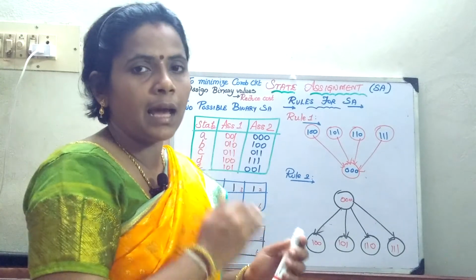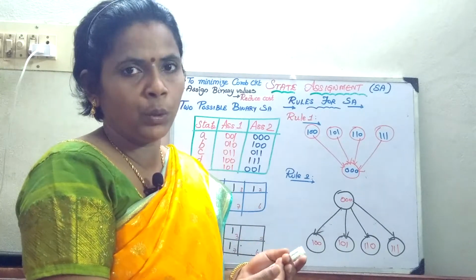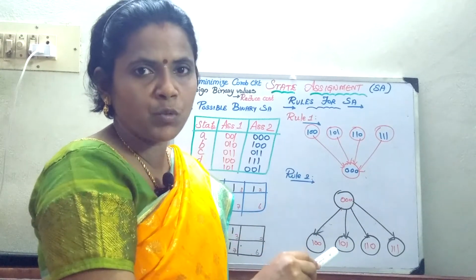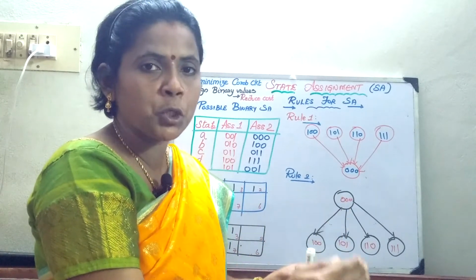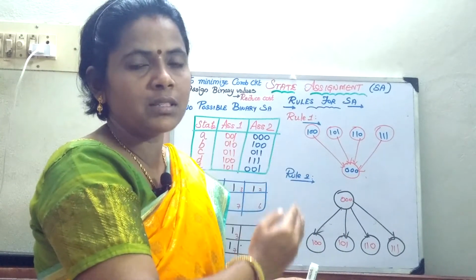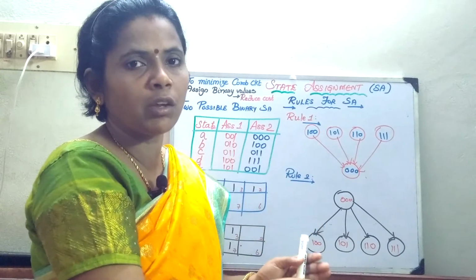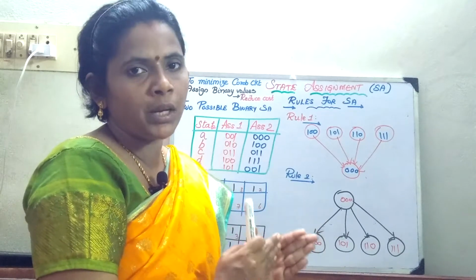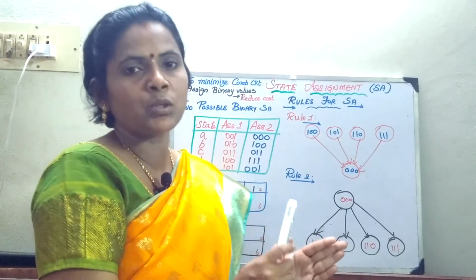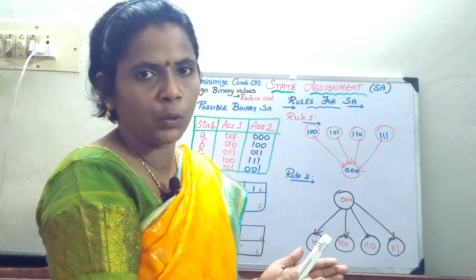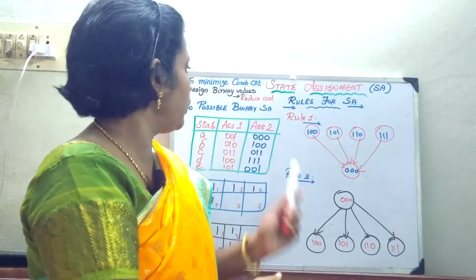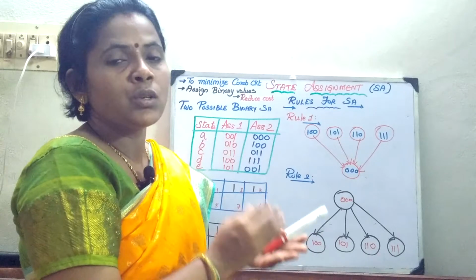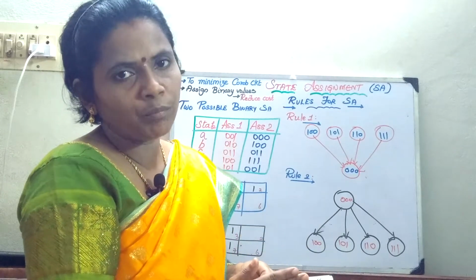So what does it mean? In the last session we saw the Mealy circuit, in which we drew two JK flip-flops. Though you are designing a sequential circuit, for the inputs to the flip-flops you will be using AND gates, XOR gates or OR gates. You are going to use a combinational circuit. The entire circuitry is combinational plus sequential. So what we are going to do is minimize the combinational circuit so that we reduce the cost.